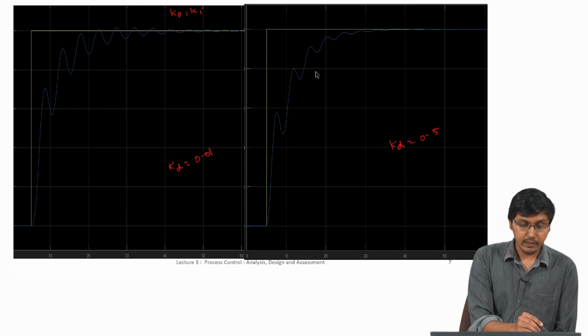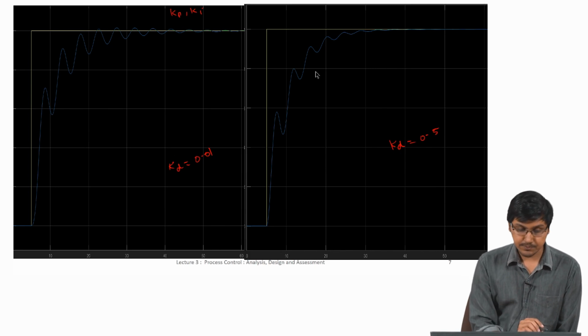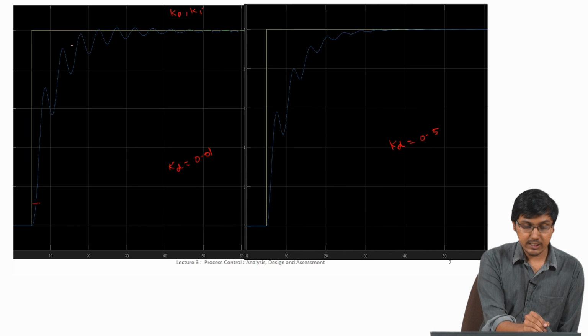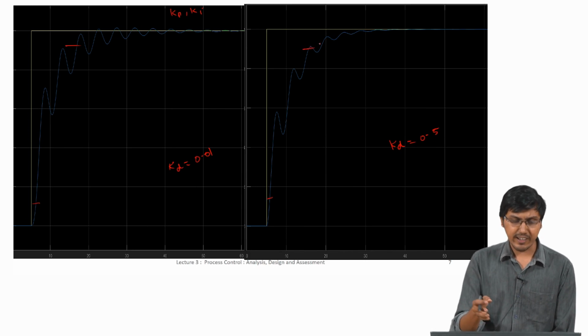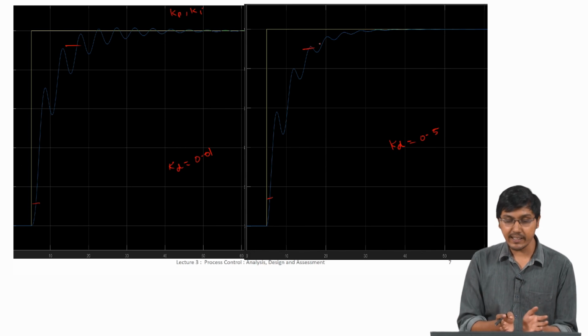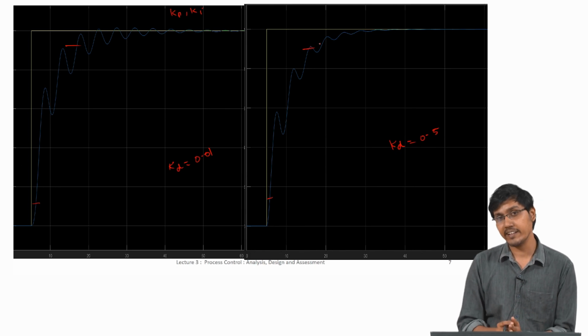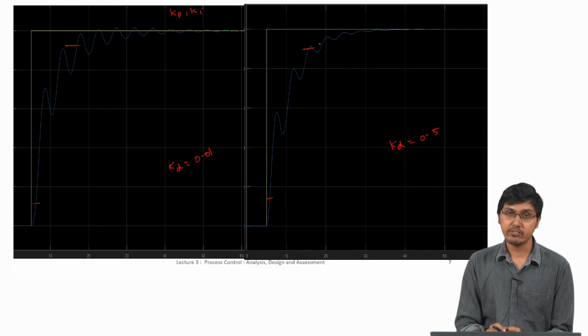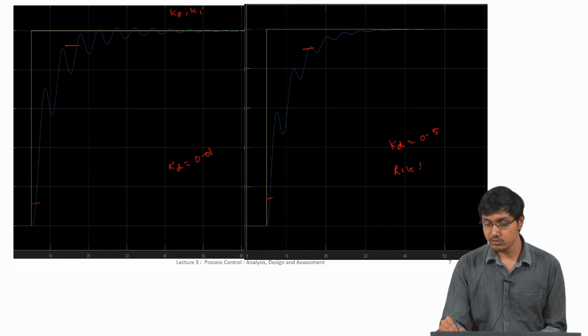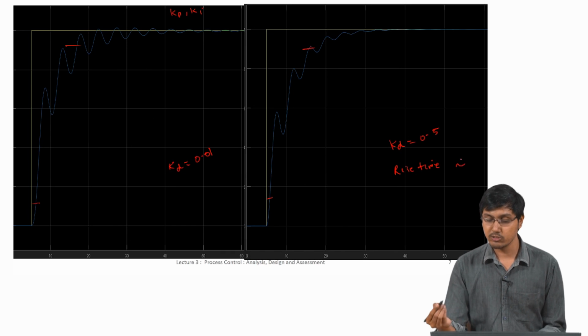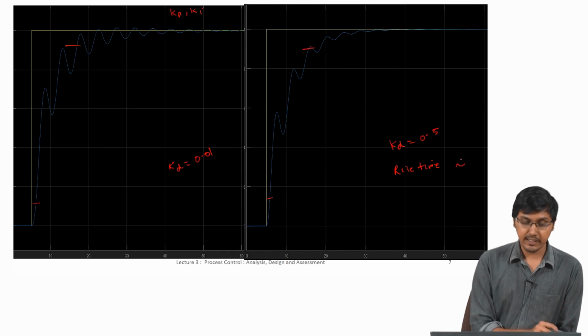What we can observe here is the time taken to rise from 10% to 90% is fairly the same. It might be a little different, but we cannot significantly see any difference between these two values. So, the rise time is not going to change much, it is approximately equal.